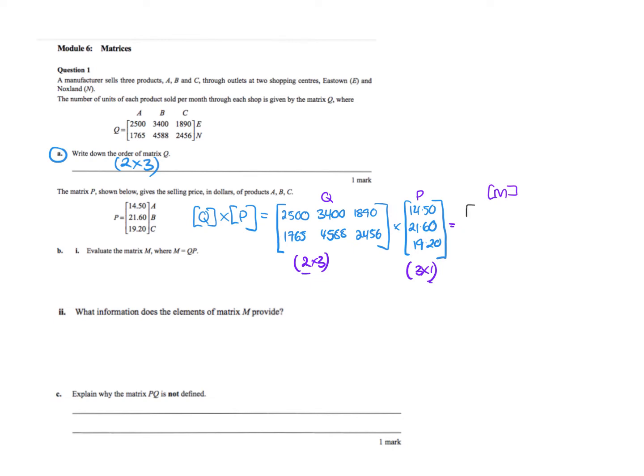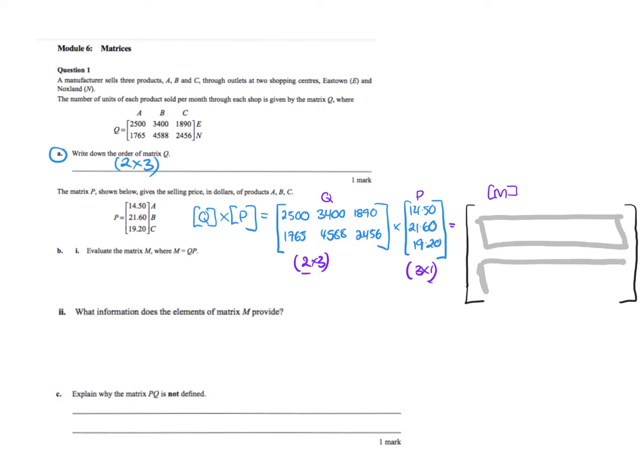So let's draw out an option there. A 2 by 1 means that you're going to have 2 rows and 1 column, so there'd be 2 little answers there. What I'm going to show you is how we'd practice this manually. This little cell is row 1, column 1, so I'm going to use row 1 with column 1. What would happen there is